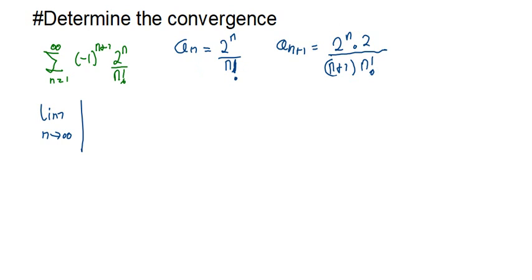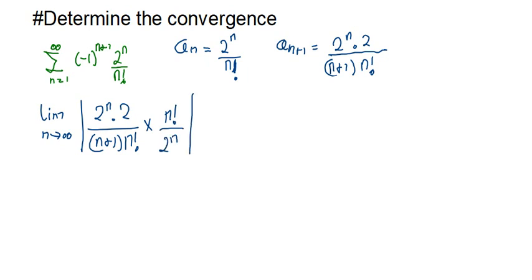Okay, so I'm just going to write that as my 2 to the n, then I have my 2 there, divided by n plus 1, then I have my n factorial. So instead of dividing by that, I'm going to multiply by the reciprocal. That would be multiplied by n factorial divided by 2 to the n. At this stage, this goes and that goes, that goes and that goes as well. So what we remain with is the limit as n approaches infinity